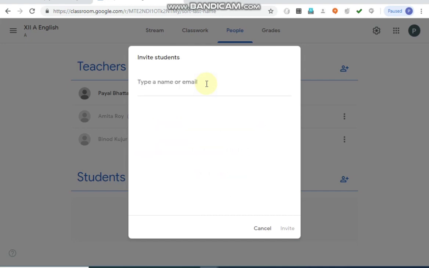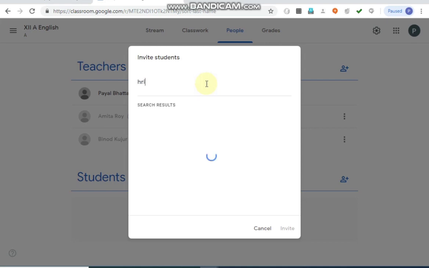So it is always better if you just simply copy and paste all the organizational student IDs which you have received from your admin, from your principal, or anyone who is your technical head in your school, from him or her. So you just copy and paste from that. You must have got everyone in Excel sheet, so better you just copy from that Excel sheet and paste over here.